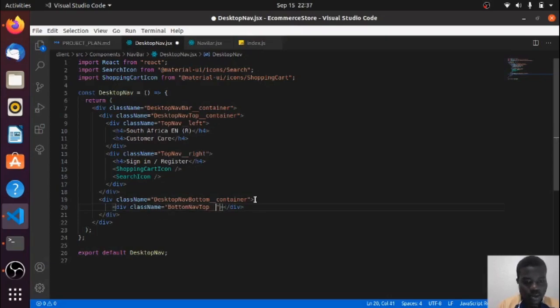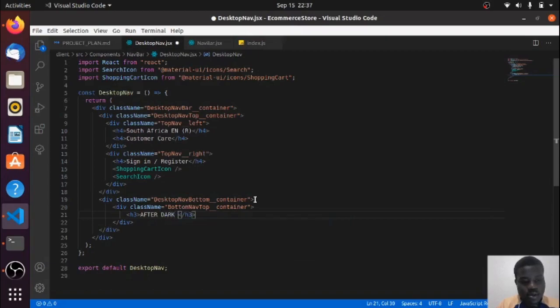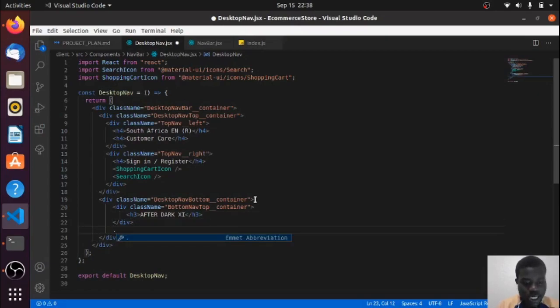container underscore container, and this will be having an h3. And what will we call our shop? Let's call our shop After Dark. After Dark, yeah, it's fine. And we need the bottom nav bottom. So the bottom nav bottom